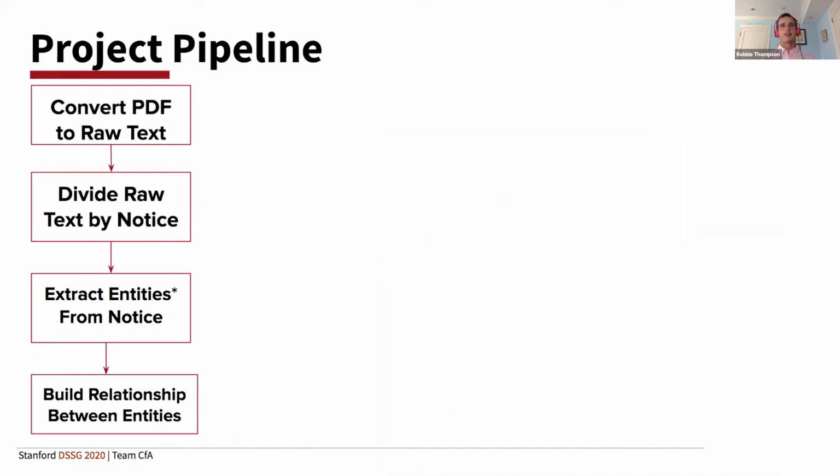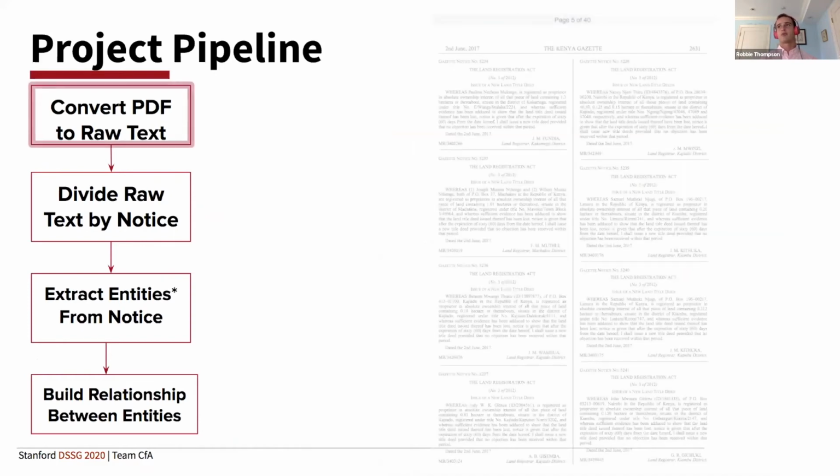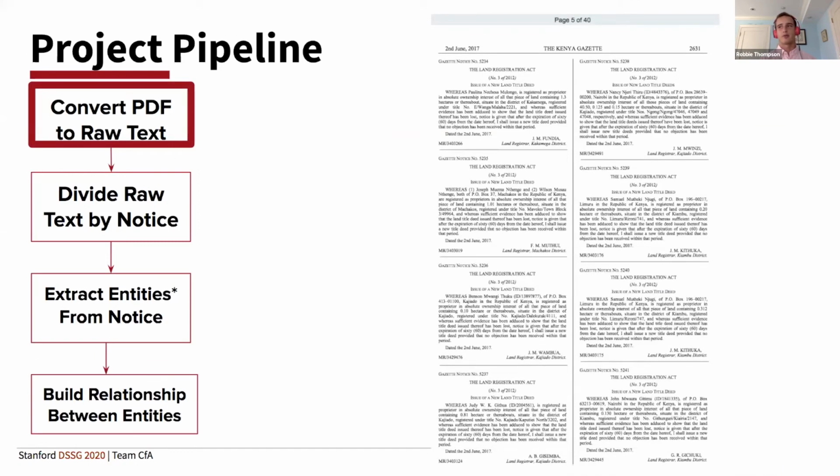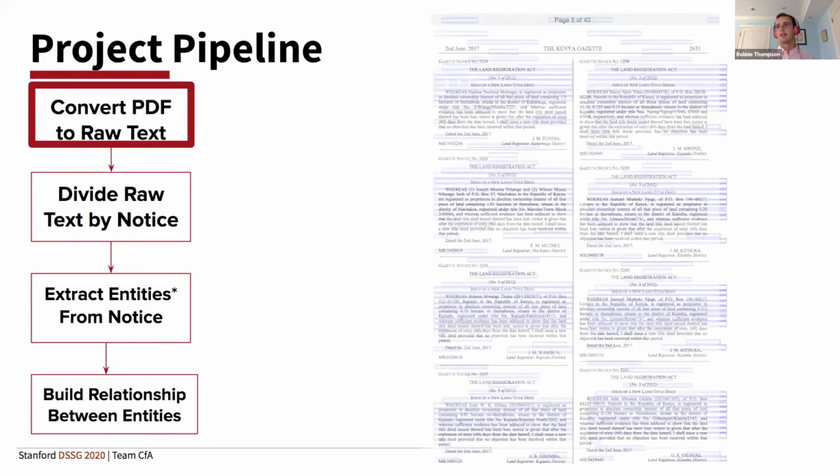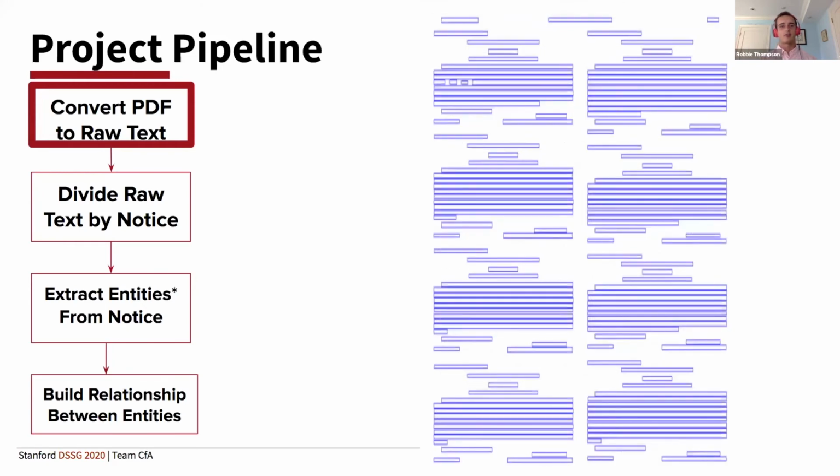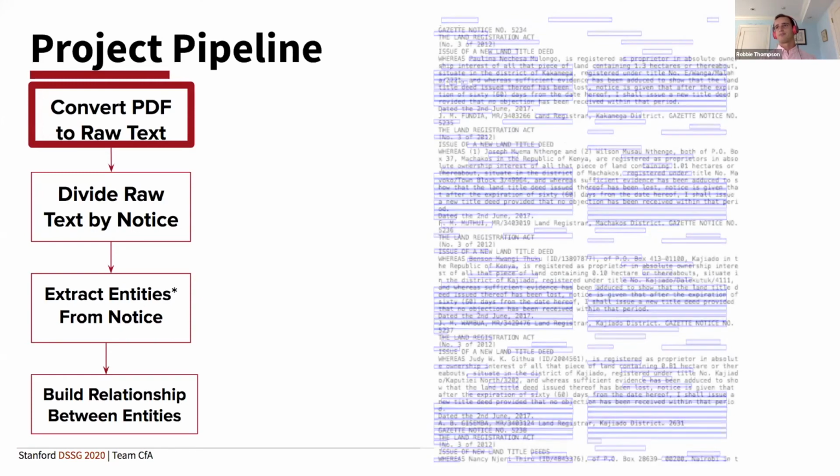So the first piece of that, as we have on the left here, is converting a PDF just to a raw text form that can be used by natural language programs. And the way we do that is, on the right here is an image of a Gazette. We're going to feed this image of this PDF to a program called Read API for Microsoft Cognitive Services. And Read API doesn't give us the text in its perfect form. It actually gives us a set of bounding boxes with text associated. So then with our own scripts, we have to go in and put these bounding boxes in order. And once we've done that, we can get raw text.